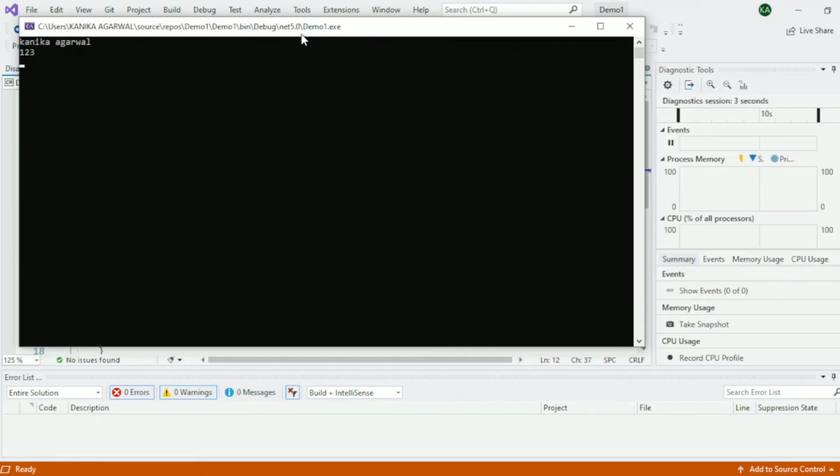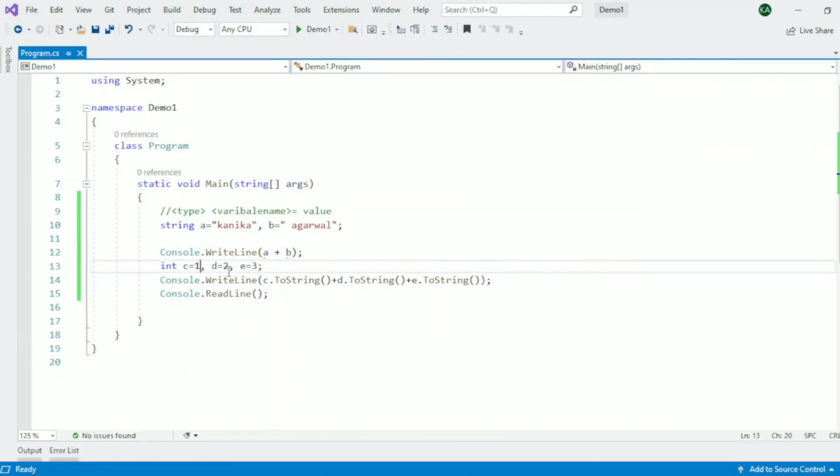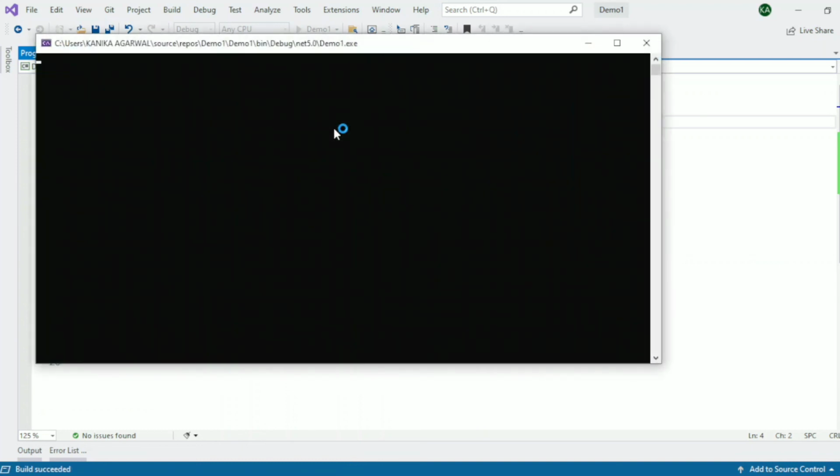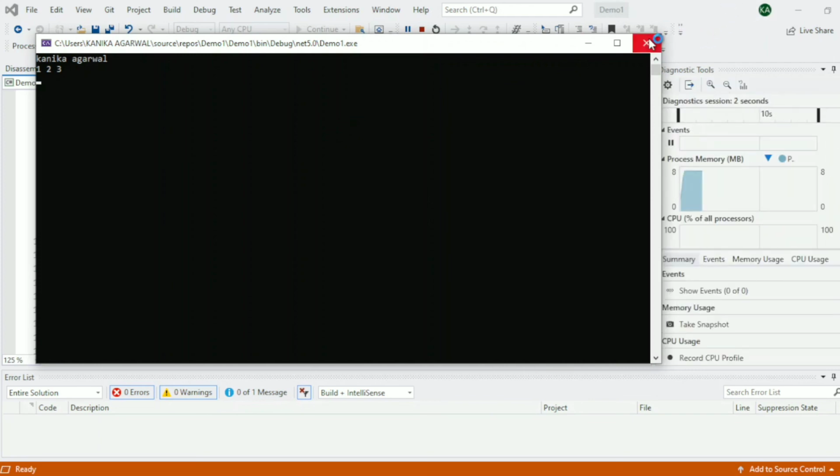We can see it has printed 1, 2 and 3, the values of C, D and E. If we want space between the numbers, we can add a simple space. Here we have 1, 2, 3.